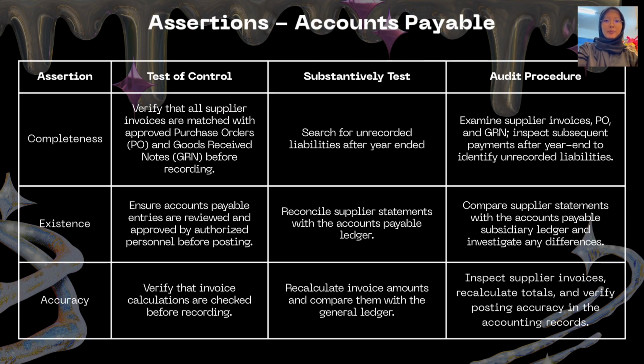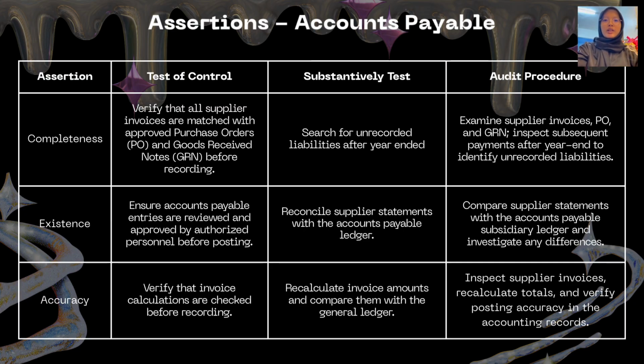transaction be recorded. For the substantive test, the auditor performs a search for unrecorded liabilities after year end. This means the auditor checks payments made after the financial year end. If a payment relates to goods received before year end but was not recorded, it indicates that a liability has been omitted. For the audit procedure, the auditor examines supplier invoices, purchase orders, goods receipt notes, and reviews payments made